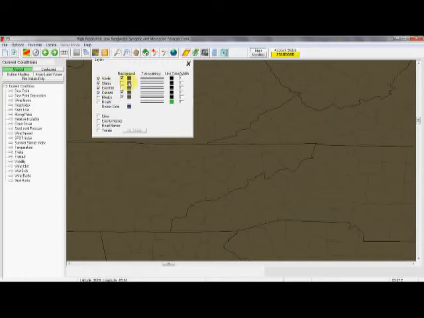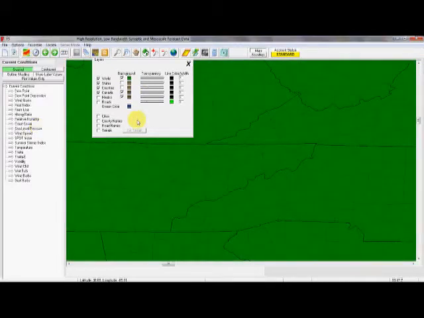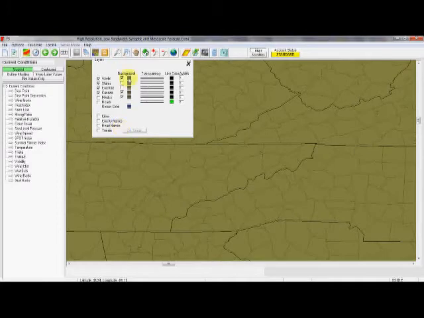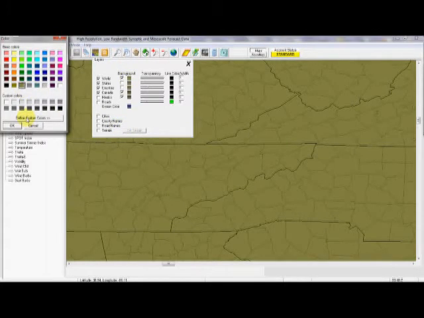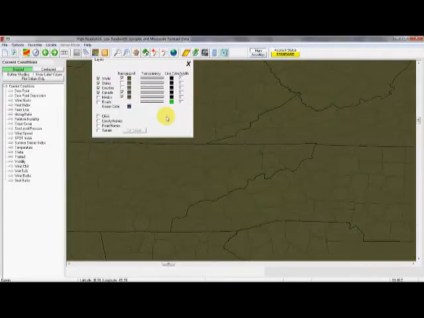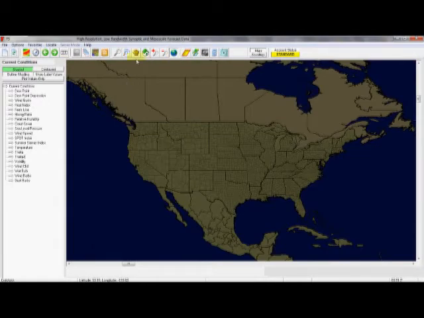Let's say you want to change the world background to a god-awful green. You could do that, but I don't like that, so I'm going to switch that back to something like this. That's still not quite right, but you get the idea. You can go to custom colors, make it a little darker, change the hue altogether. Hit OK, that's a little better. Now kind of a puke color, but it is what it is. You get the idea. Now when you're back to here, it's still kind of puke green, which is annoying, but